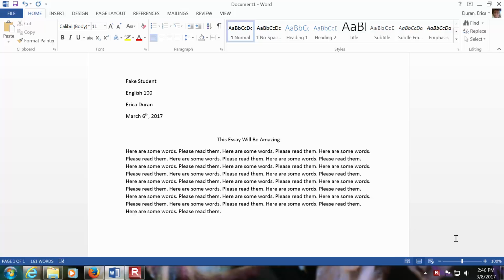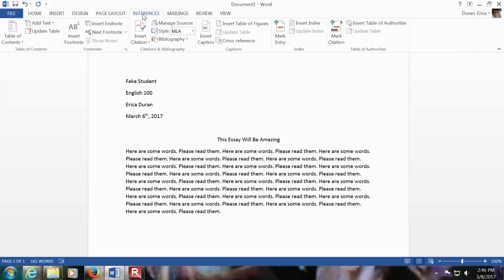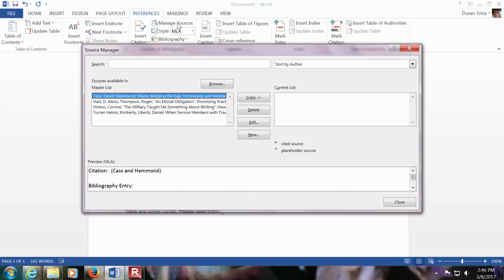Depending on the format that you need to use, you have some choices in Microsoft Word. So once you bring up an essay, and obviously this is a fake one for the purpose of this presentation, you want to go up here to the very top and click on References. And you'll notice that you get a little box here. We're going to click on Manage Sources. This is where you want to go in order to add your first source